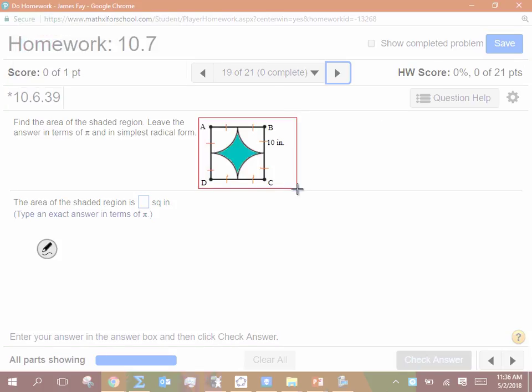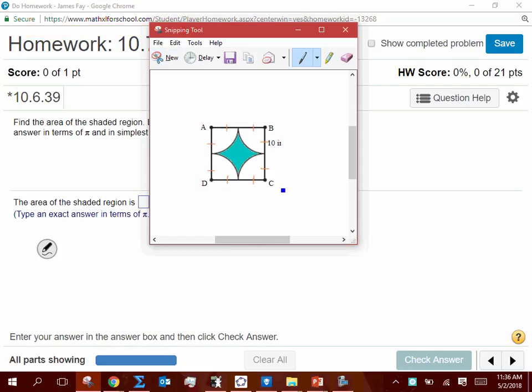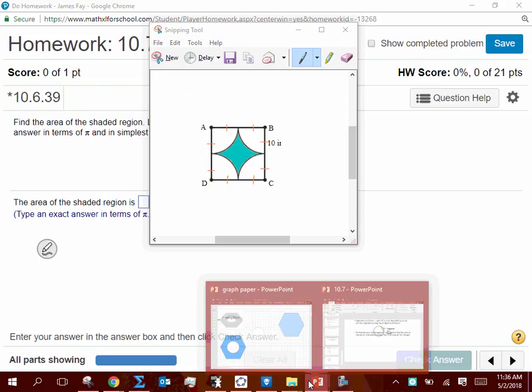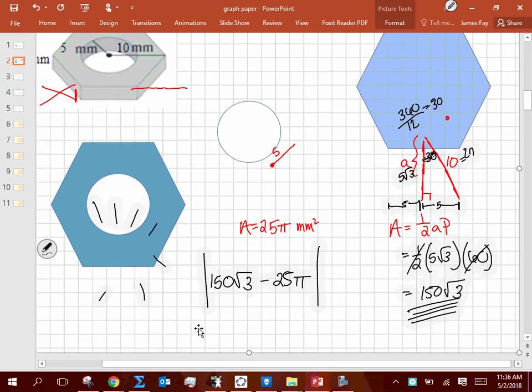Leave answer. So they want to find the area of the shaded region. Leave the answer in terms of pi and simplest radical form. So no rounding, nothing like that. Keep everything exact. All right, so